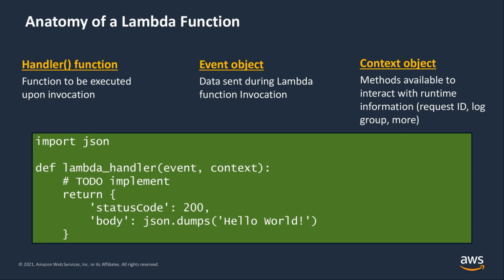The Python function runtime gets invocation events from Lambda and passes them into this handler. The function runtime passes a context object to the handler in addition to the invocation event. The context object contains some additional information about the invocation, the function, and the execution environment. And there's some more information available from environment variables as well. In this example, we return just a simple JSON statement containing an HTTP 200 status code and a JSON encoded string, hello world. It really doesn't get much simpler than this for a Lambda function.